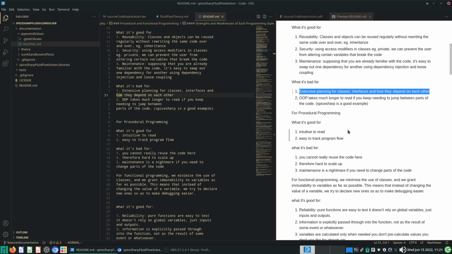It's too complicated. And object-oriented programming takes much longer to read, and you need to jump between parts of the code. As you can see, when I was exploring SpiceSharp, it's very beautifully written in the SOLID principles, but well, that means I just need to jump across many classes. Now, if the inner workings of the code were all in the same file, it's easier to read